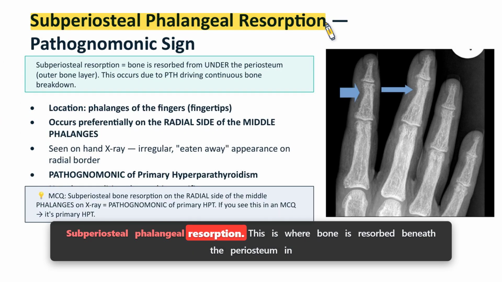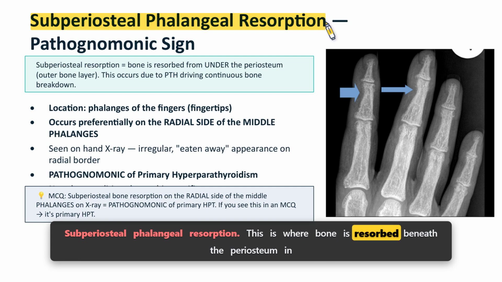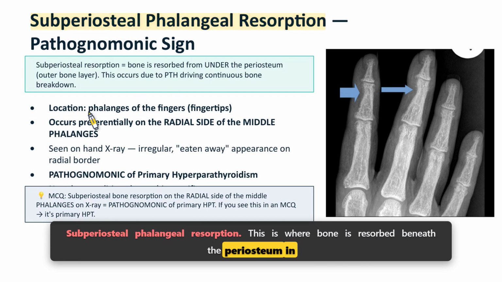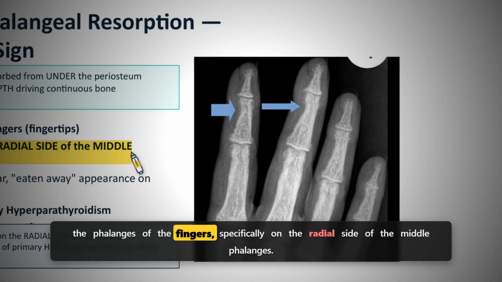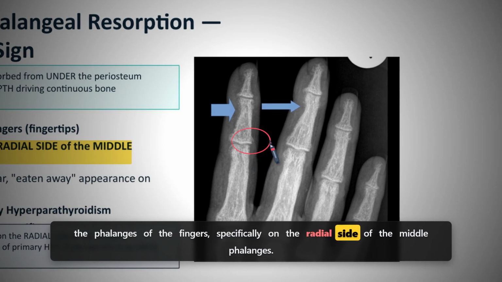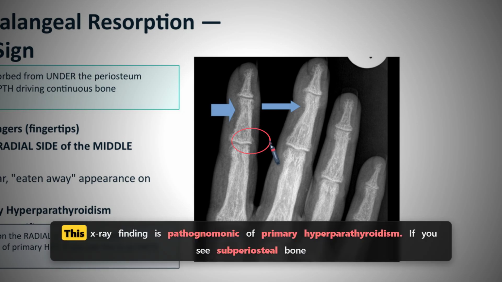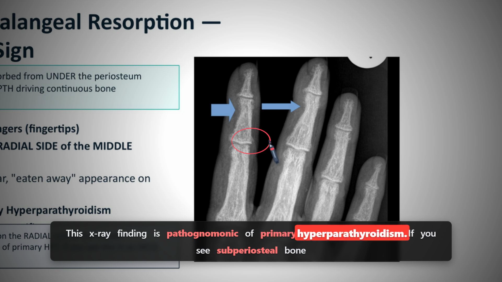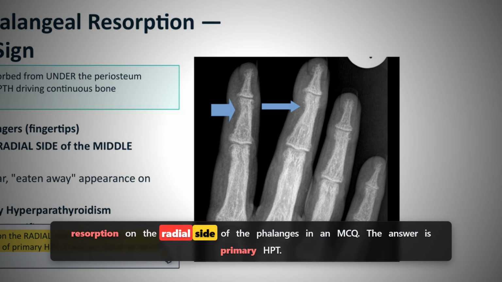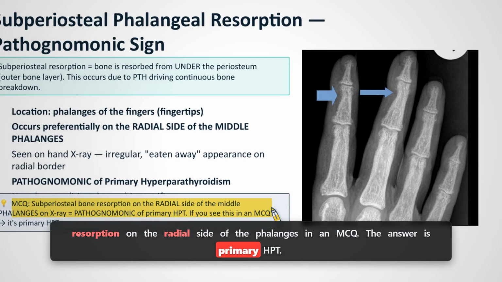Subperiosteal phalangeal resorption. This is where bone is resorbed beneath the periosteum in the phalanges of the fingers, specifically on the radial side of the middle phalanges. This X-ray finding is pathognomonic of primary hyperparathyroidism. If you see subperiosteal bone resorption on the radial side of the phalanges in an MCQ, the answer is primary